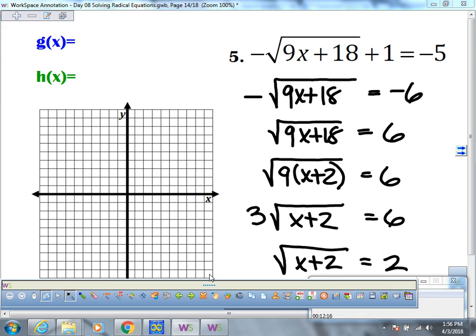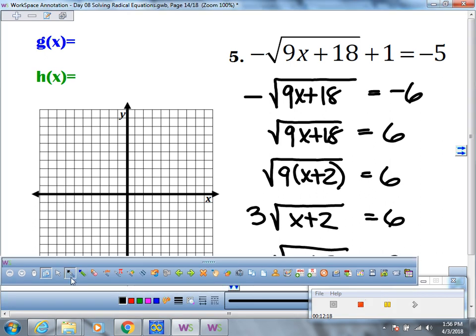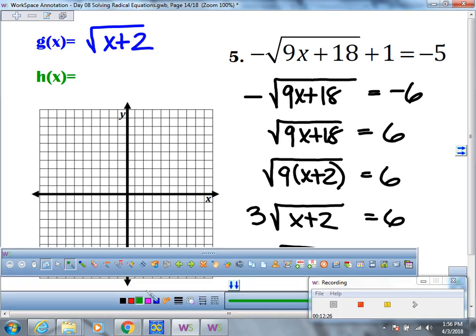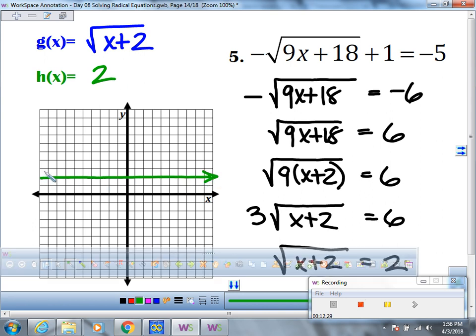So now I have the square root of x plus 2, and 2. Here's 2. Here's the square root of x plus 2, which is to the left 2. 1, 1, 1, 2, 3, 4, up 2. So x must be